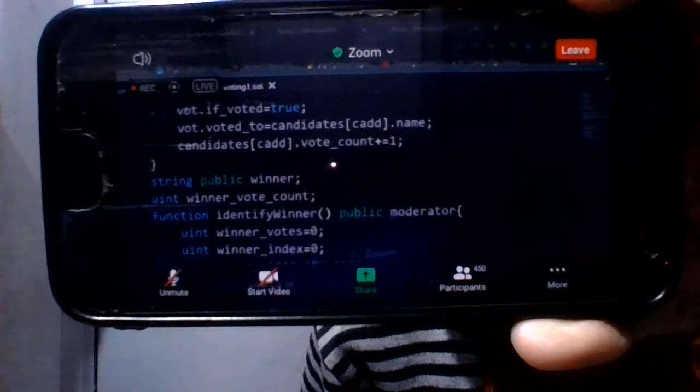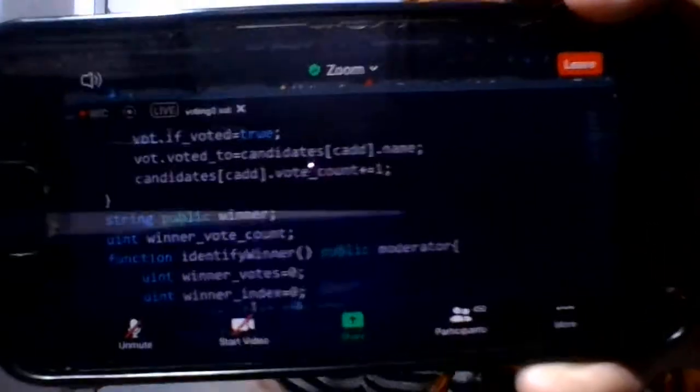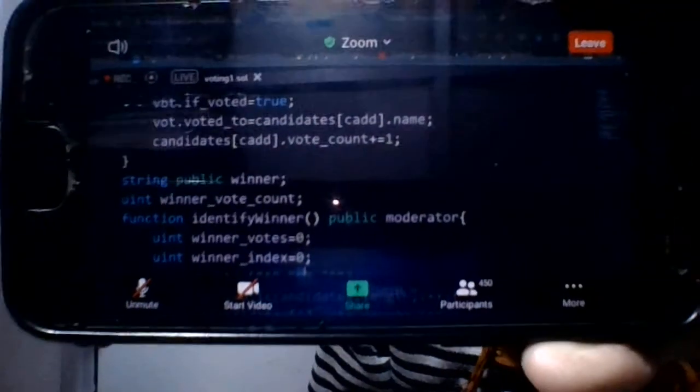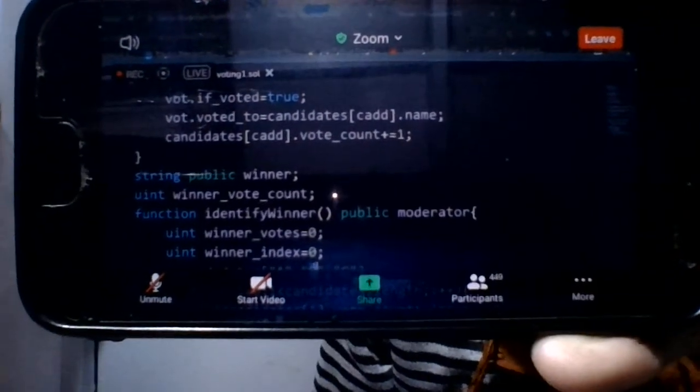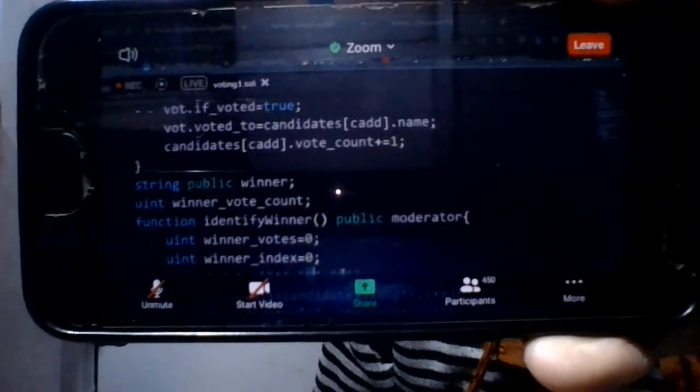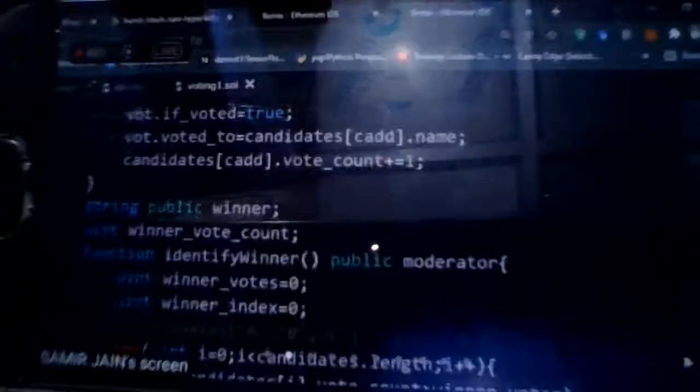If this person has more votes than this person, then this B will be the temporary winner. And suppose B has more votes than A, and C has fewer votes than B, then B is the winner. So likewise, it will do this.